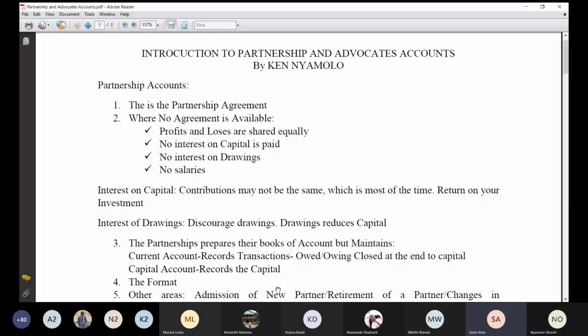Of course, salaries, you will see a partner who is going to be paid some salaries. And after we've determined our net profit, it is usually adjusted, and we will see how that is adjusted. And after that, the distribution of that profit, which we normally call the profit, loss, and appropriation account, is for purposes of